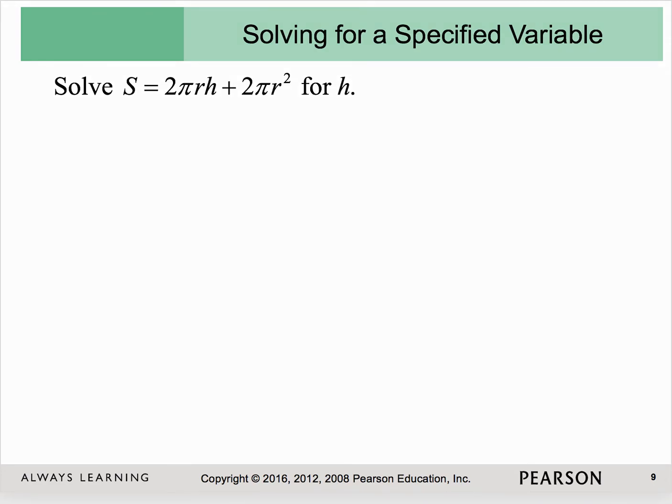This time, we're solving for h. So we just keep in mind, this is my variable. Okay, there's no fractions or parentheses or math to do, right? The h's are already together. So undo anything being added or subtracted to it. I'm going to rewrite it just for us. So my first step really is to undo anything being added or subtracted to my variable term. So I've got to do minus